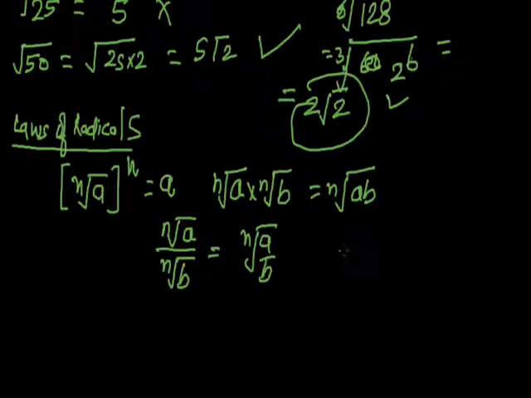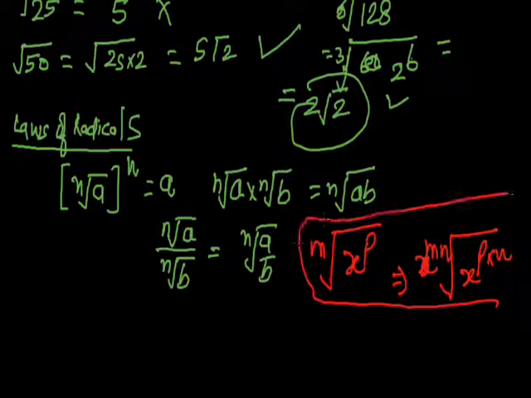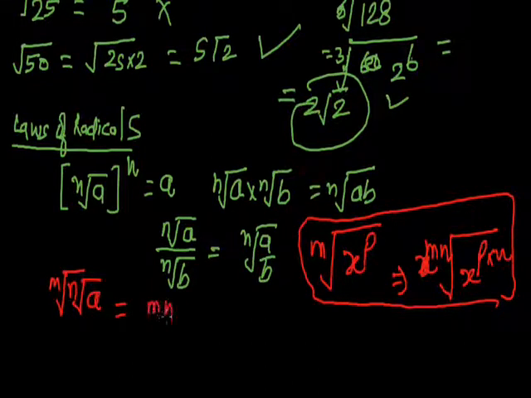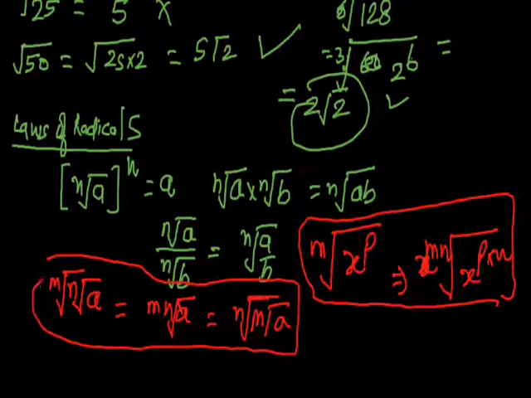For example, if there is a radicand with x to the power p and the order is m, if I multiply this power by n inside the radicand, then I have to do the same multiplication outside also. So I will write mn. Now this is very important, and will be used extensively in a lot of places. It can also be written in the other form, so you can change the order interchangeably between the surds. This is also a very important property.